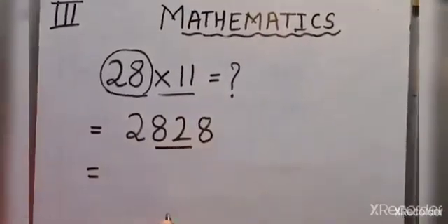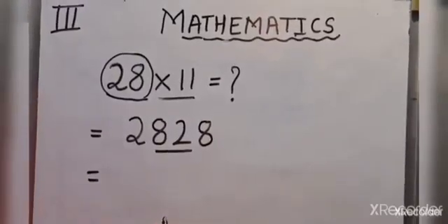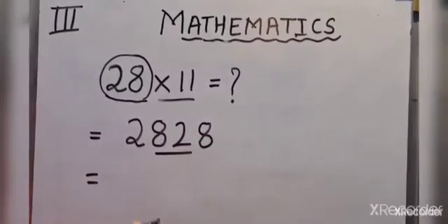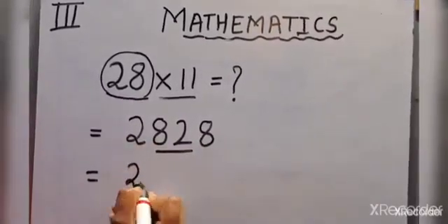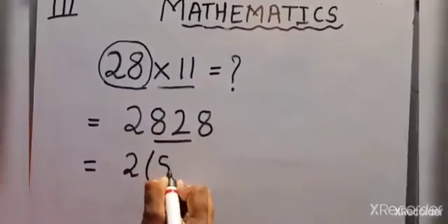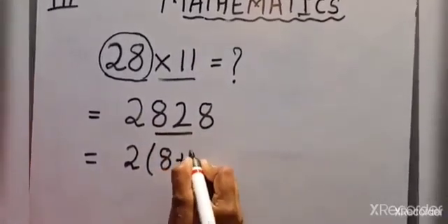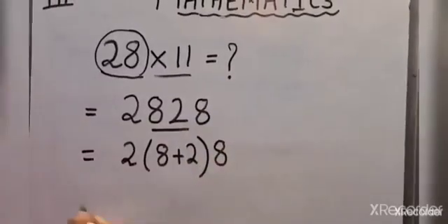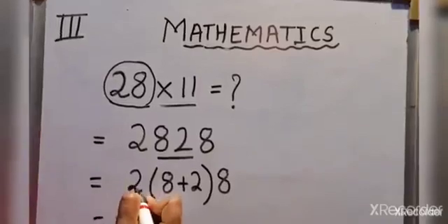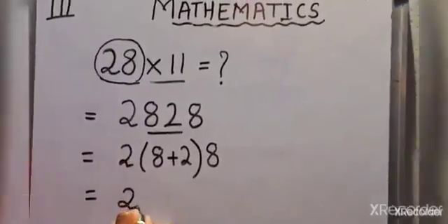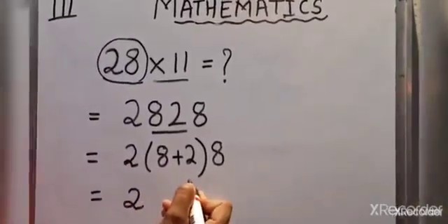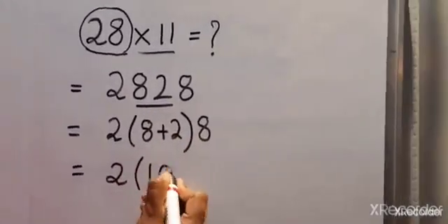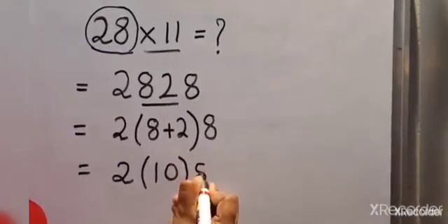After writing the numbers, the numbers which are in between, we are going to put in a bracket and put a plus sign. Other numbers on the extreme will be as it is. So we will write number 2 as it is. Here we will put one bracket, 8 plus 2, then again the bracket and number 8. Okay. After that, children, number 2 will be as it is. We will add whatever is there in the bracket. 8 plus 2 is 10. So write number 10 in bracket and then number 8.